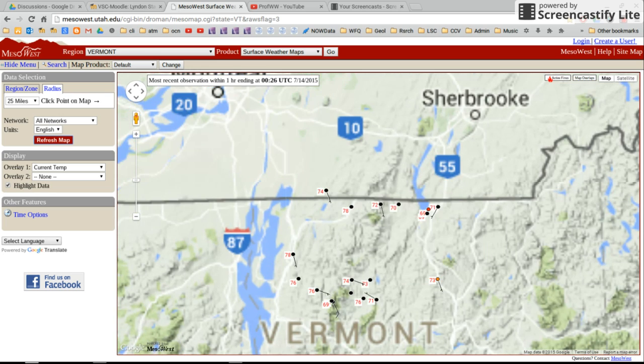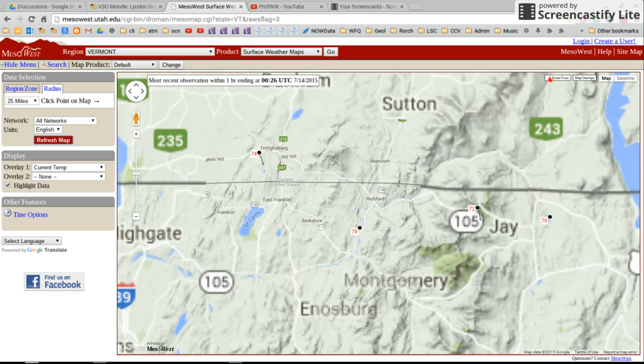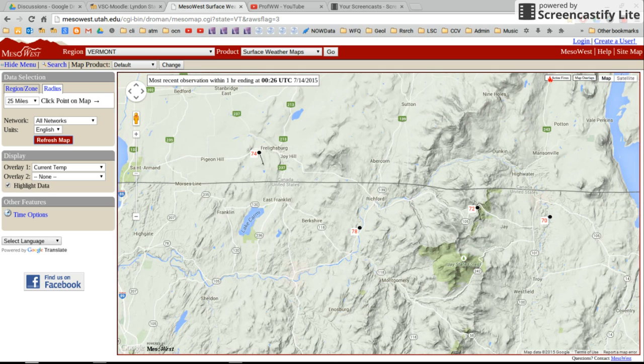So I'm going to zoom in here. So where I actually live is over here. It's a mountain called the Pinnacle, which is between this town of Abercorn and Fredericksburg, on the Quebec side of the border. Richford, Vermont's also very close to where I live. So you have these three stations, one here on J, one here right on the Missisquoi River near Richford, between Berkshire and Richford actually, and over here in Fredericksburg.